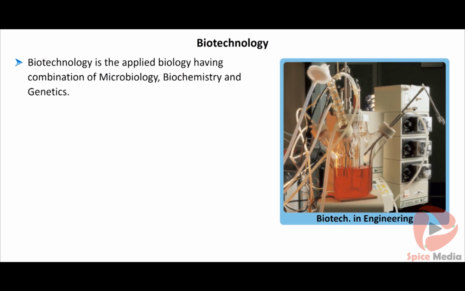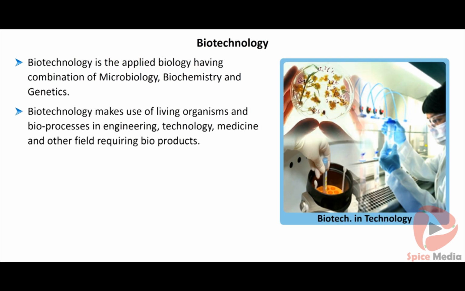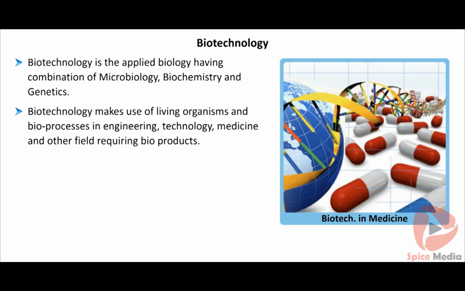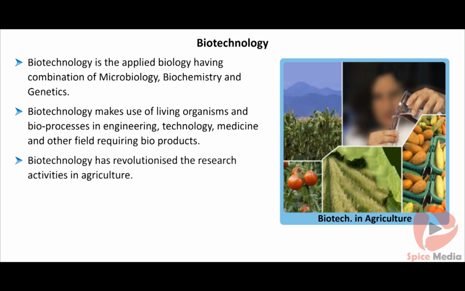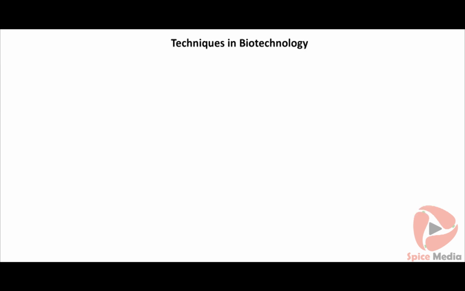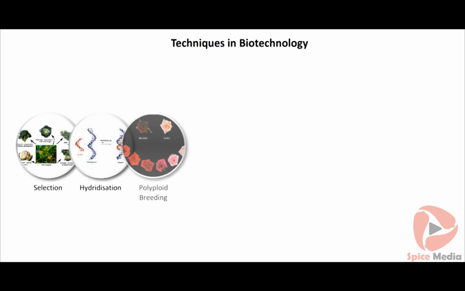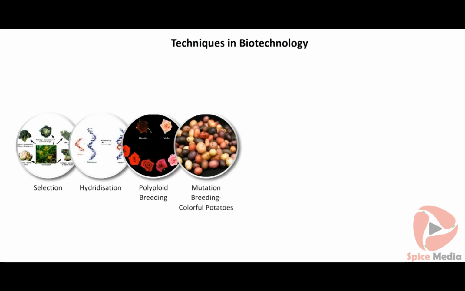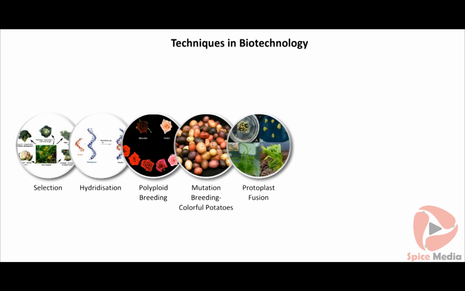Biotechnology is the applied biology having combination of microbiology, biochemistry, and genetics. Biotechnology makes use of living organisms and bioprocesses in engineering, technology, medicine, and other fields requiring bioproducts. Biotechnology has revolutionized the research activities in agriculture. There are 7 different techniques used in plant improvement, namely selection, hybridization, polyploid breeding, mutation breeding, protoplast fusion, tissue culture,